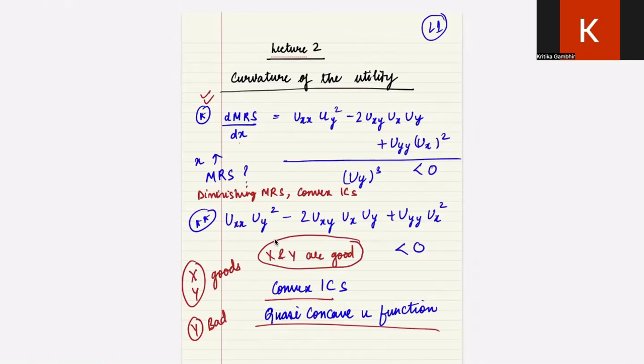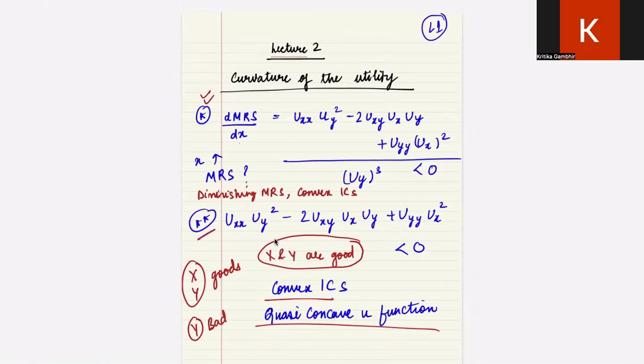ये जो फर्स्ट चार वाली कंडीशन है, it is very much similar to your second derivative. ठीक है, जब हमारा सेकंड डेरिवेटिव पॉजिटिव होता है तो हम बोलते हैं ICs are convex. But in this case MRS हम नेगेटिव क्यों देख रहे हैं? क्योंकि MRS is the negative of your slope, right? So now the thing is, if your x and y both are good, you will refer to this condition, double